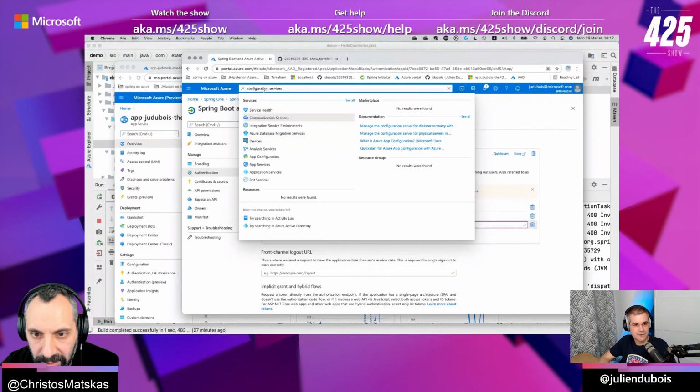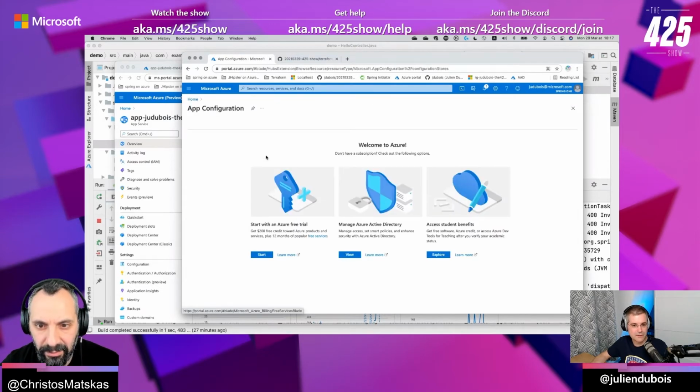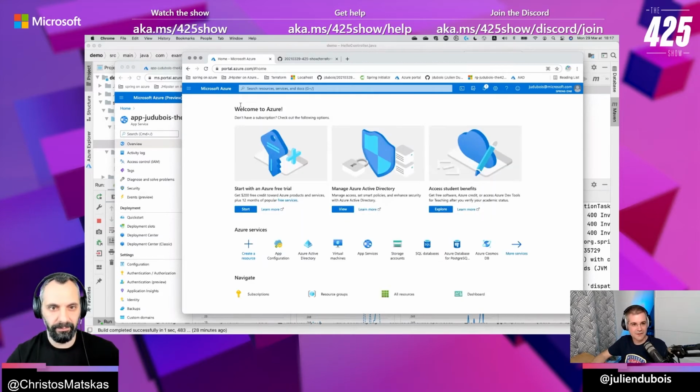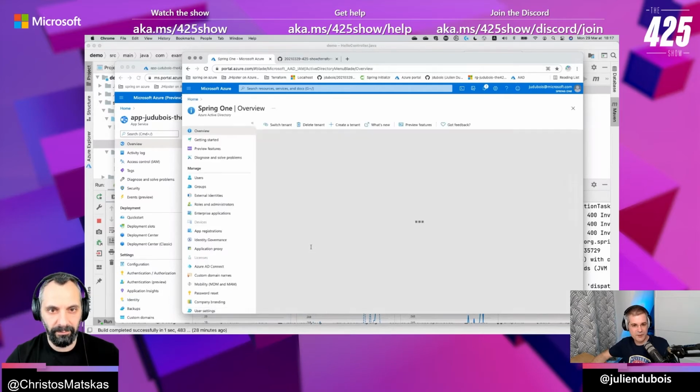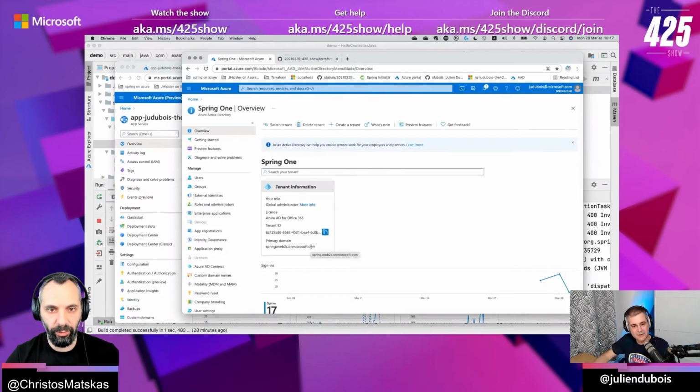Azure. It's interesting. App configuration, I think it is. Can you check that one? Where? Oh, app configuration? Click on it. It's all empty. Oh, it takes you there. Okay. That's not the one we wanted. Let me find it. Oh, are you sure I need to do this on the Active Directory? No, not on the Active Directory. It should be on the portal.